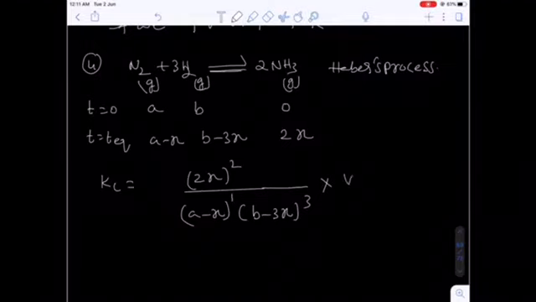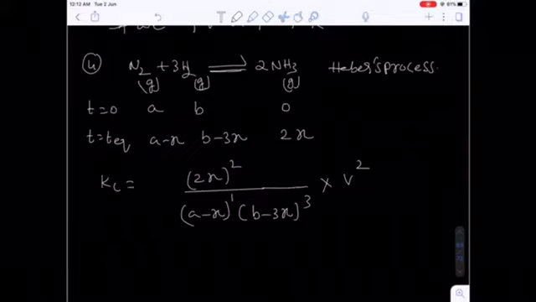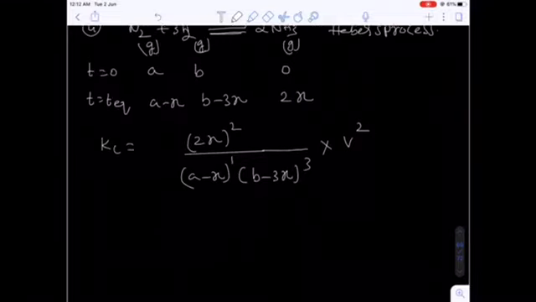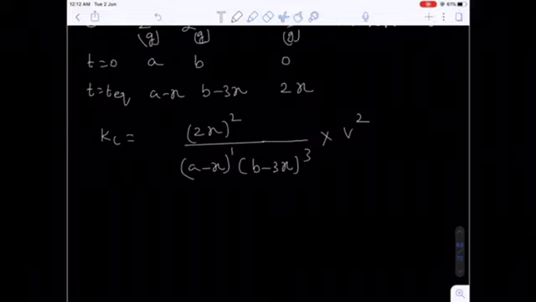That means in the numerator there should be 2 more powers, that is we require power 2, because in the denominator the sum of the powers is 4. So the numerator should also have the sum of the powers 4. So however much the power is less, that power will be raised to the volume. If the power is less in the denominator, then the volume should be written in the denominator. Otherwise you can divide by V, then you can calculate, and again you will get the same expression.